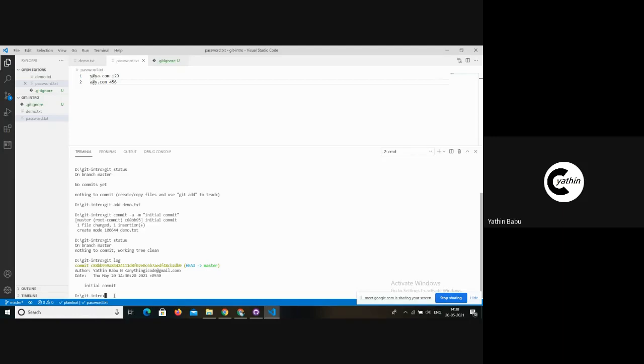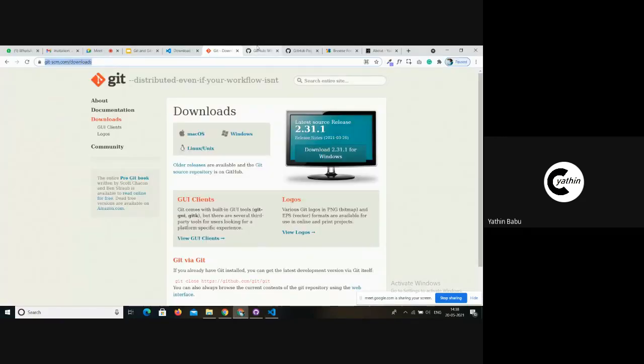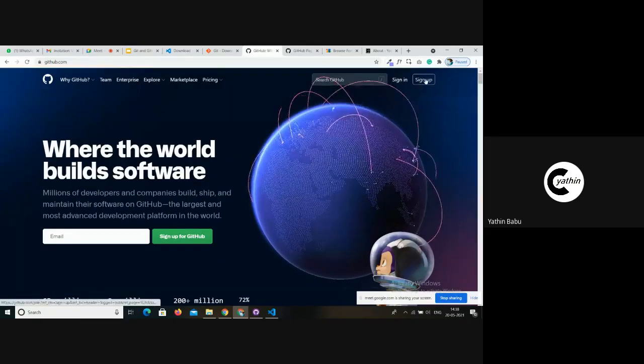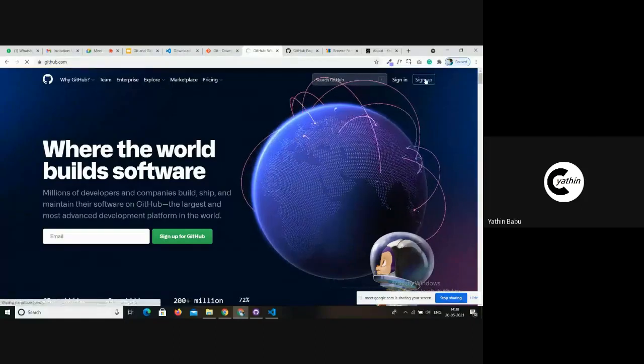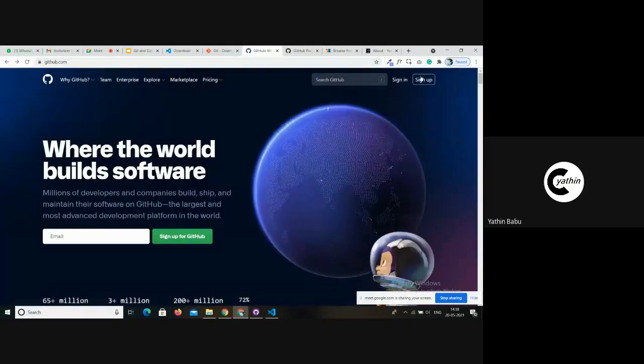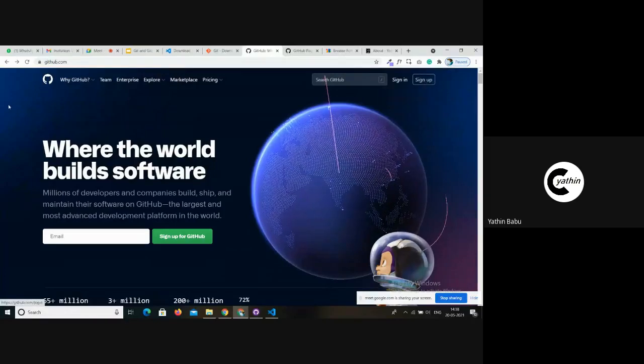I will let you know what a branch is and how to create a remote repository now. First, I want all of you to create an account on GitHub. You can just go to github.com and click the sign up button.